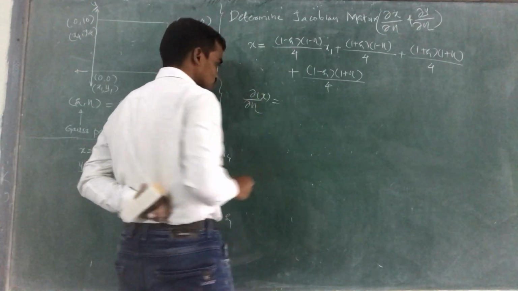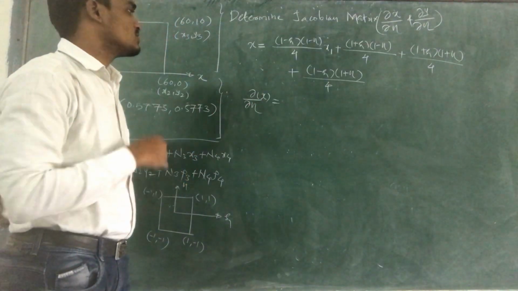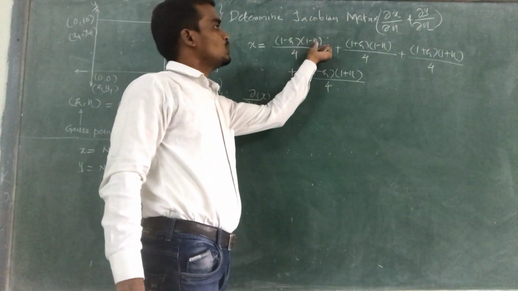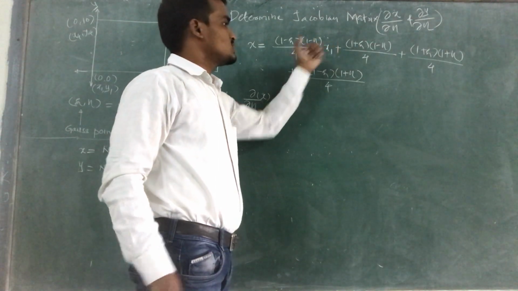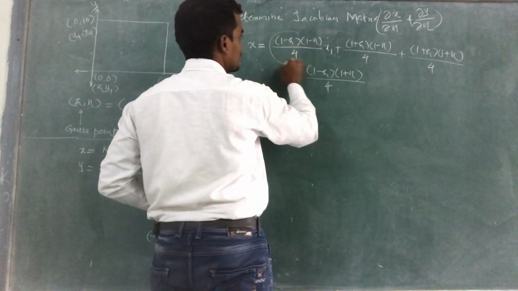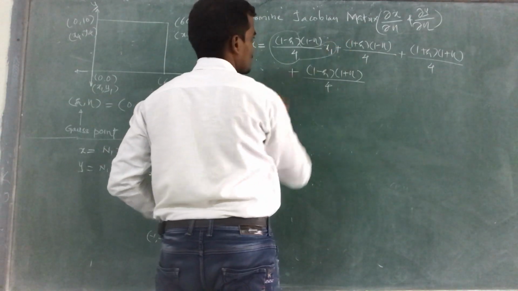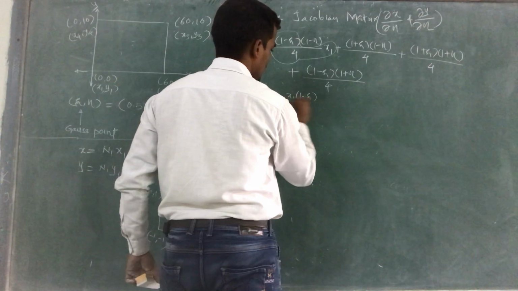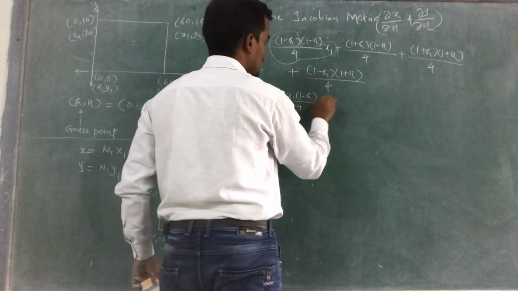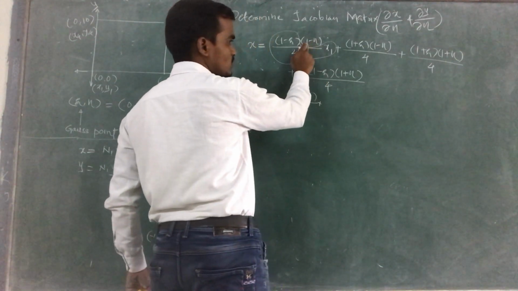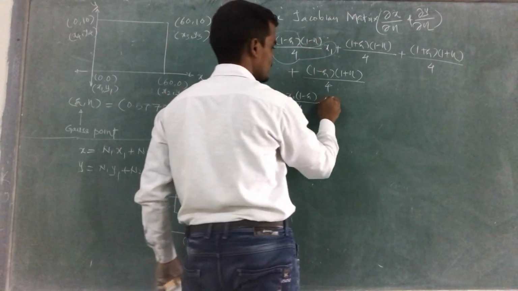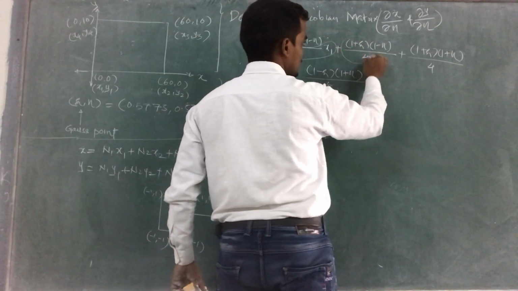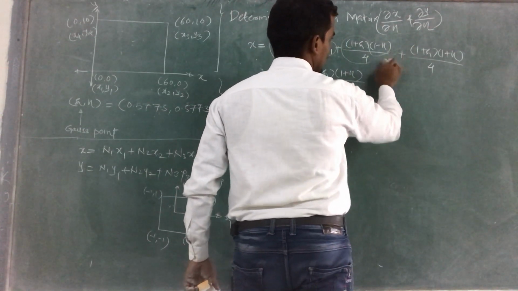Just as we calculated previously, similarly we will apply the same procedure. It means we need to take now the derivative with respect to eta. Okay, so take the derivative with respect to eta. It means this term will become constant. That is x1 times (1 minus zeta) divided by 4 into, with respect to eta, the derivative of 1 is 0, with respect to minus eta it is minus 1, plus here this term x2